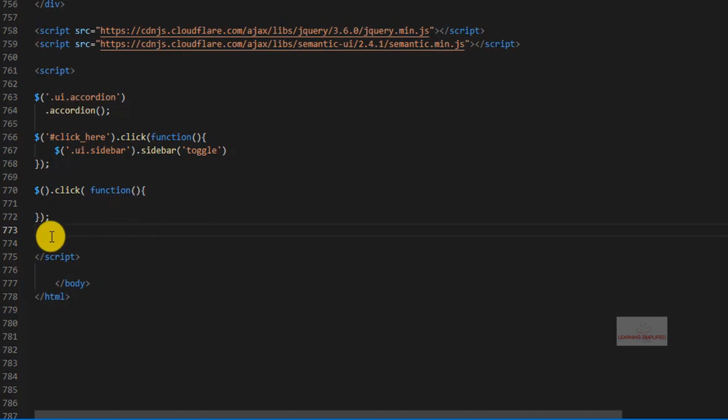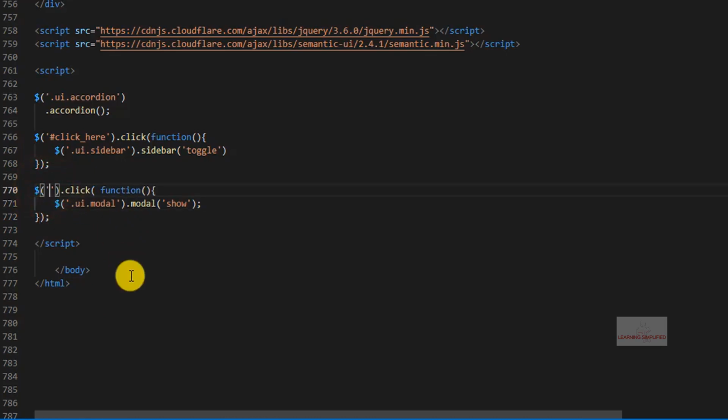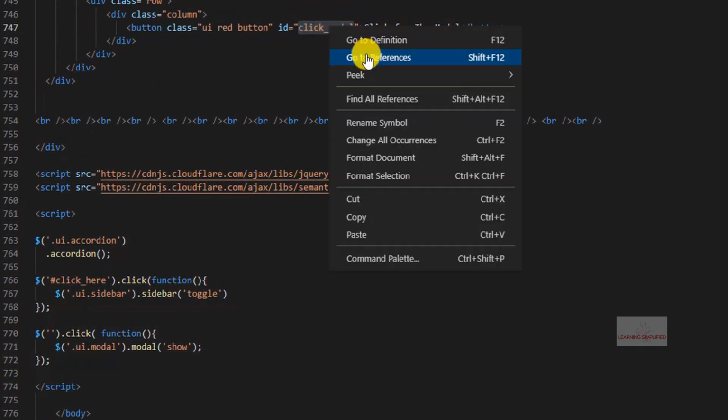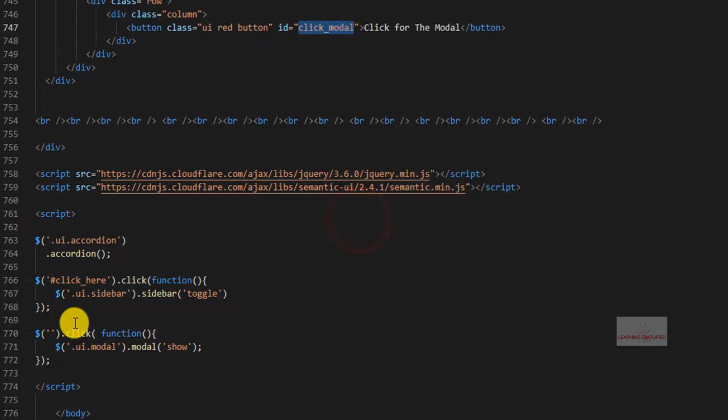We'll be cutting it from here and pasting it right over here, and in the last case we will be mentioning the button ID that we have created so far. So we'll be copying it and pasting it here.